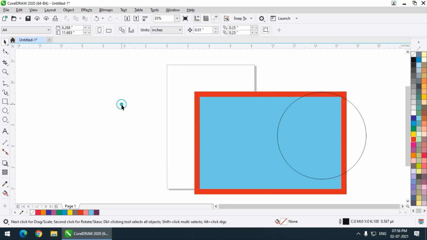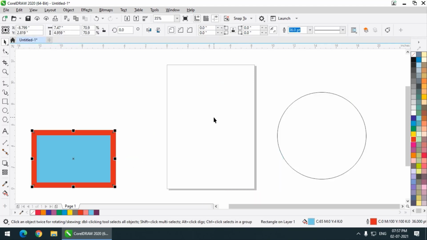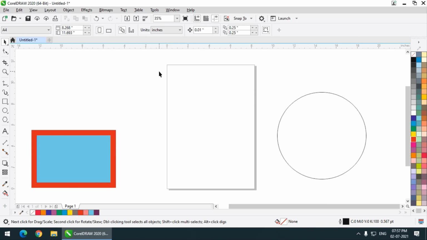Now in my application settings, by default I have A4 sized paper. This paper size is A4, but you can simply change it by clicking on the empty area. You can see the A4 size.